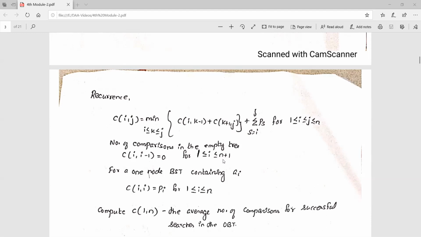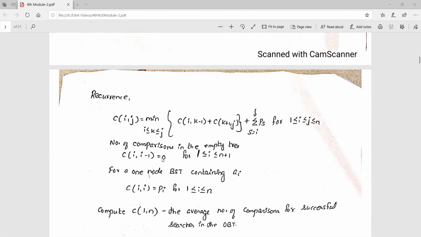For a one-node binary search tree containing A of I, C of I comma I is equal to P of I. Here, suppose you take the I value as 1, then it is 1 to 0, then 2 to 1, and then 3 to 2.